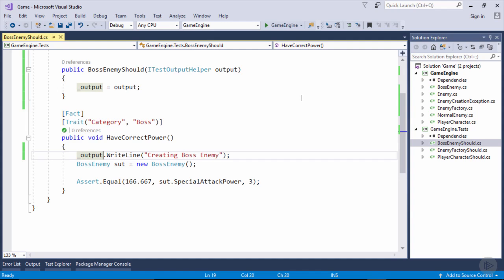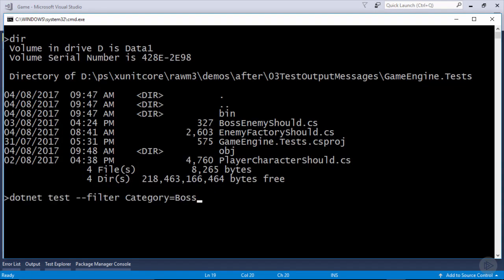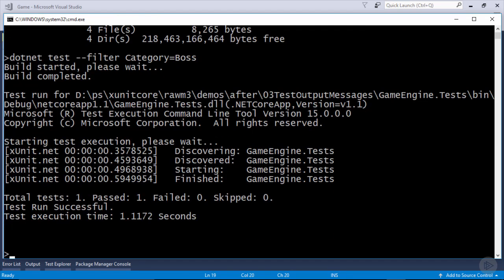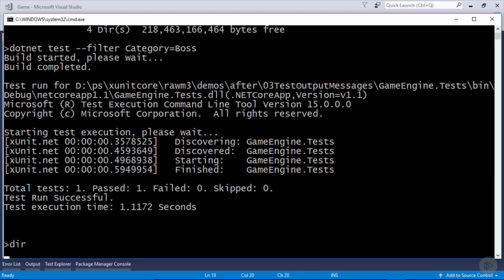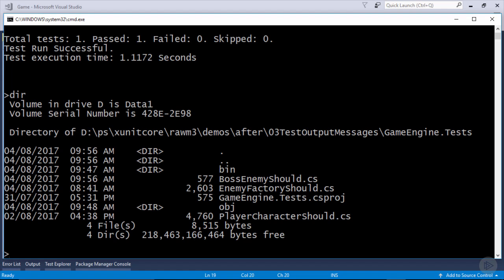Let's head over to the command line, and we'll run .NET test, and we'll filter this by the category of boss. Just hit enter. We've got our one boss test executed, but notice here we don't get any test output. If I do a directory listing, we've got no test output folder here either. We can get the output of the test run in TRX format by adding this extra parameter here,